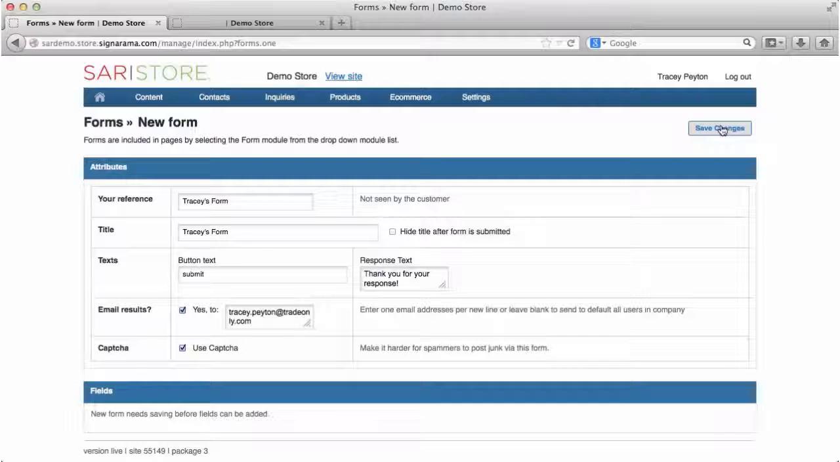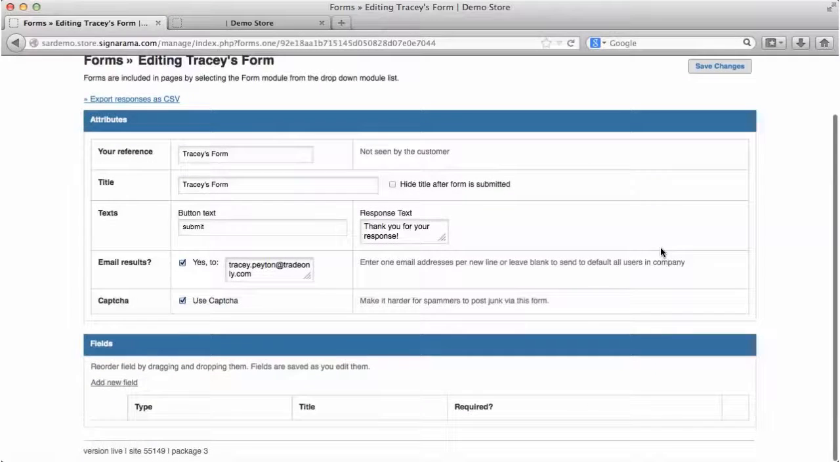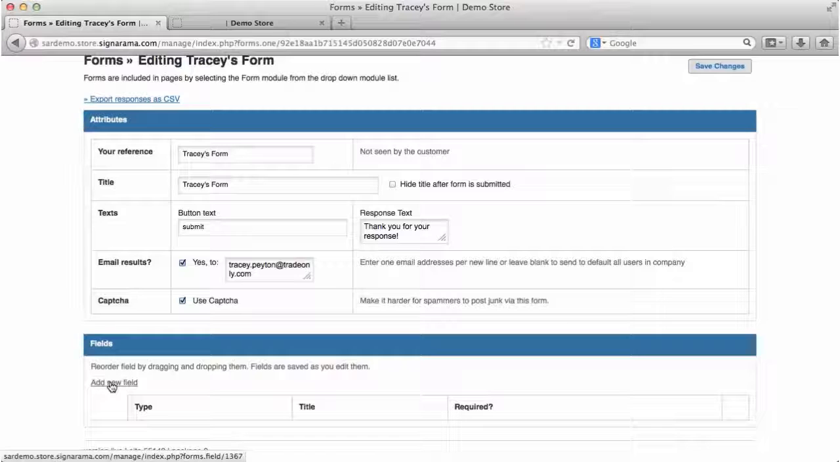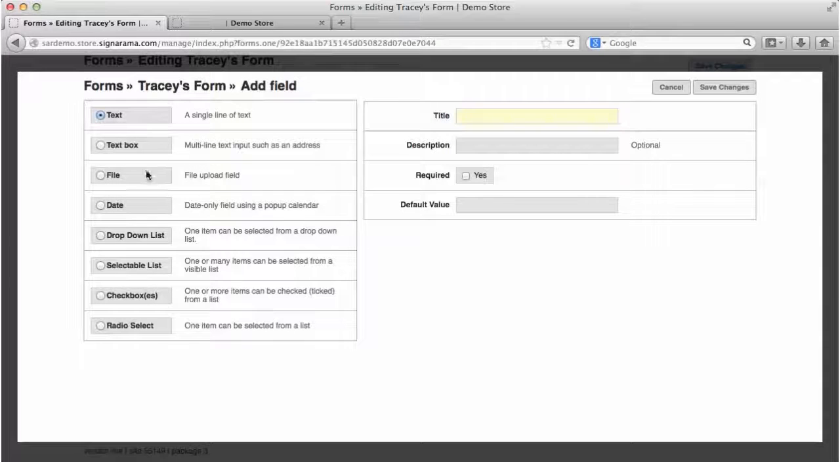So once I save my changes, I'm now going to have to go down and add fields to build my form. I'm really just building the form out by adding different fields. So the first thing I can do is, if I add a new field, I can use a text field, but I have other options here. I can have a text box, I can have a file upload button, I can have a drop-down list or a multiple selection list. So in this case, I'm just going to put customer name,